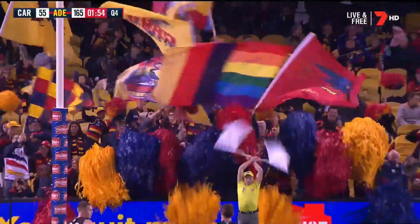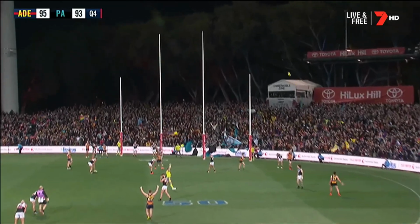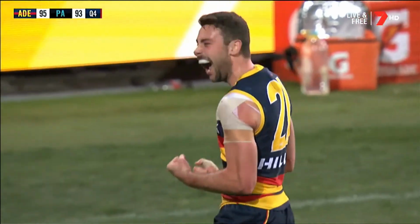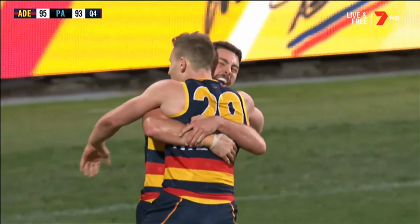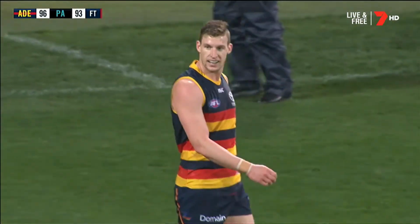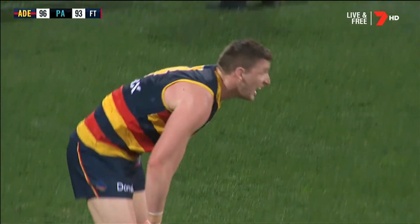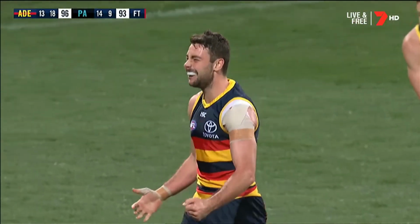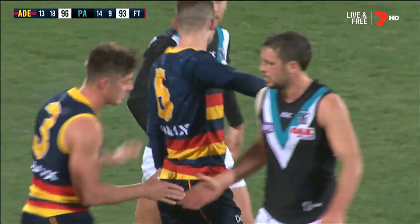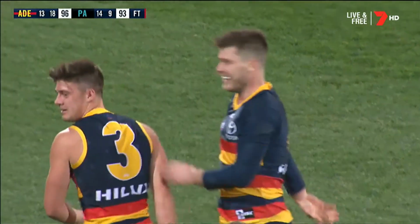So that's the highest score of the AFL season. Doesn't matter if he kicks the goal. Another extraordinary showdown. It was a behind, but who cares if you're an Adelaide fan? Their season is still alive, resuscitated in front of 50,000 people at the Adelaide